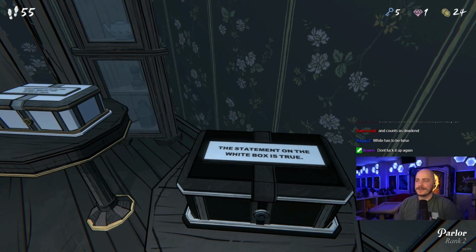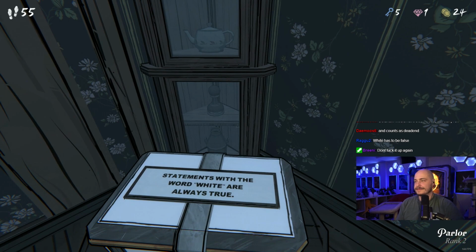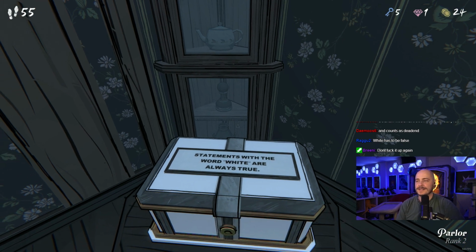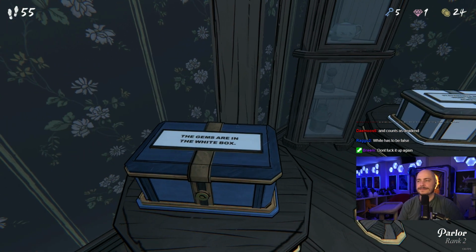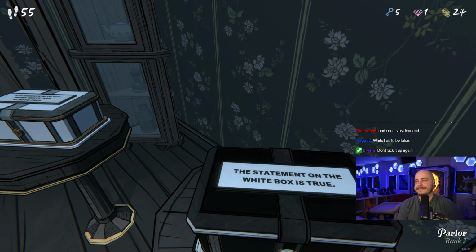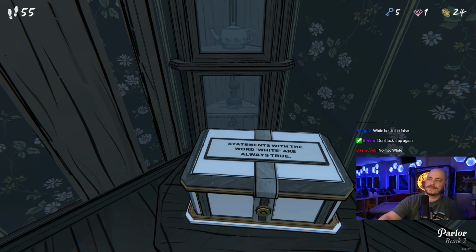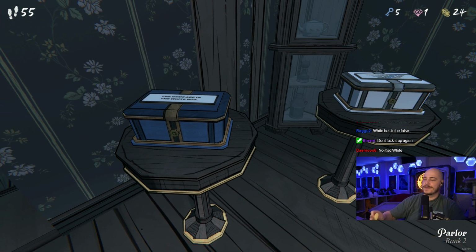If this is false, the statement on the white box is true. That means this is false. Statements with the word white are always true. Which makes this false, but also this false. I feel like these have gotten harder, dude. Might be the alcohol, but...